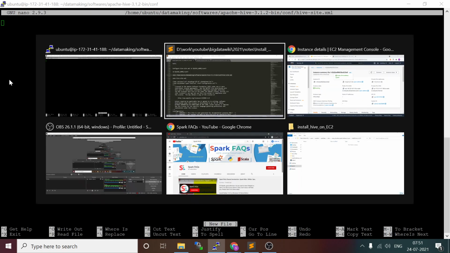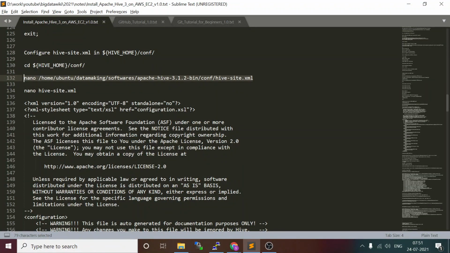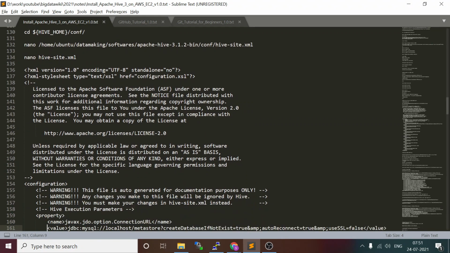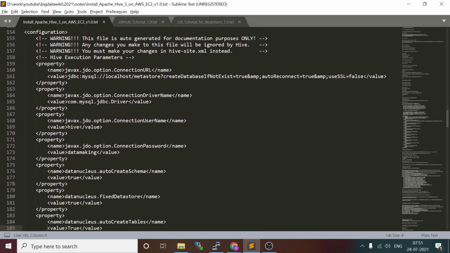Okay, so this is the new file. Mostly I'll just inform you what information I'm putting in. I'm putting the MySQL JDBC connectivity, because whenever we create a database and tables in Hive, the Hive component stores all the metadata in this MySQL database called Metastore. So it has to make the JDBC connectivity. For that we are mentioning the JDBC connectivity over here. This is basically the JDBC URL for the database.